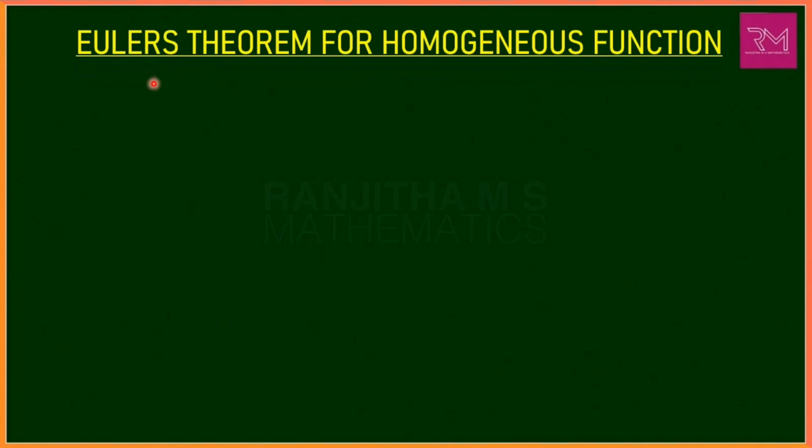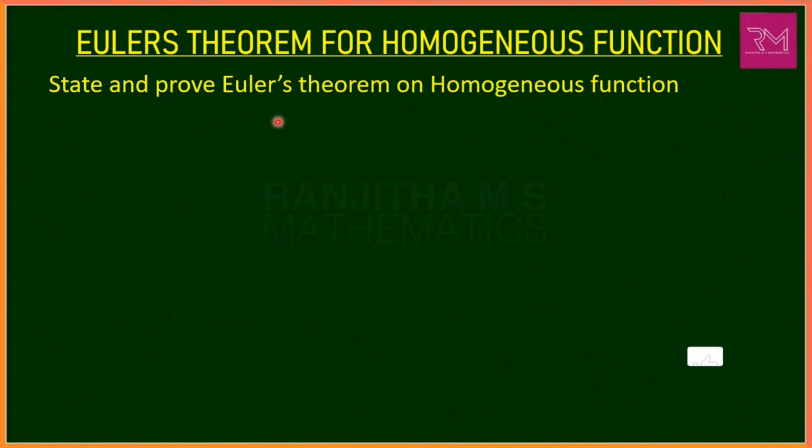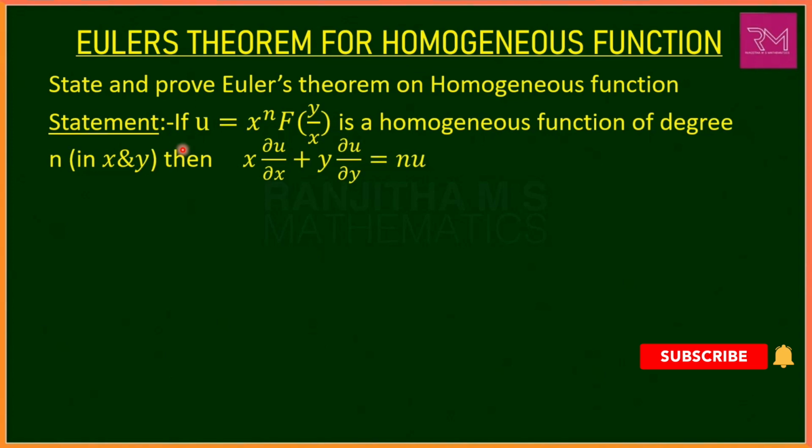Now let us understand Euler's theorem for homogeneous function. In the examination, they may ask, state and prove Euler's theorem on homogeneous function. Euler's theorem is stated as, if u is equal to x power n into f of y by x is a homogeneous function of degree n, containing x and y, then x into del u by del x plus y into del u by del y is equal to